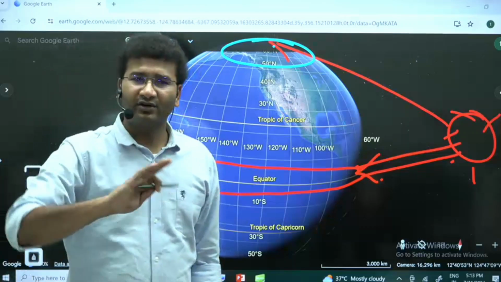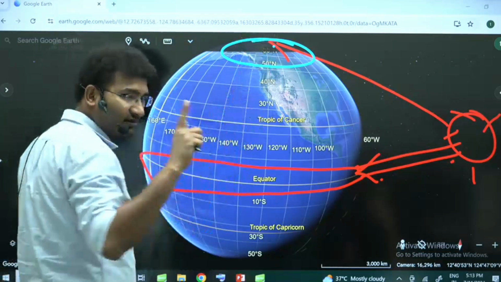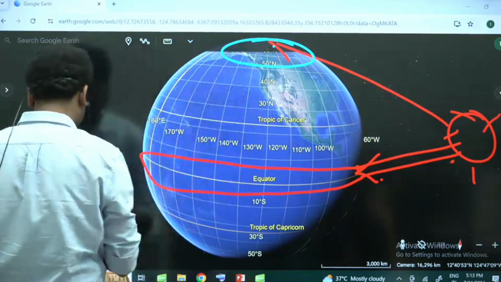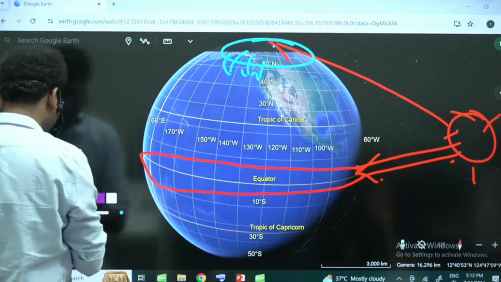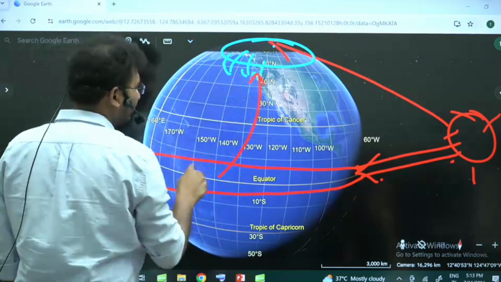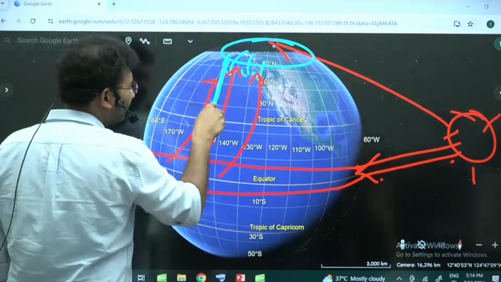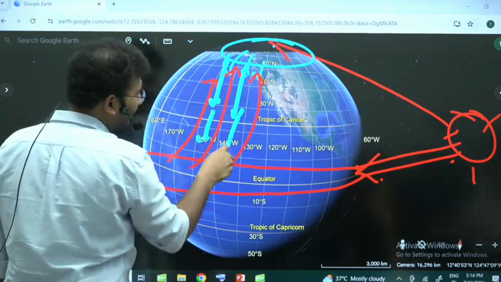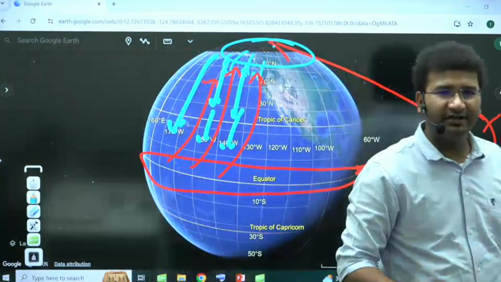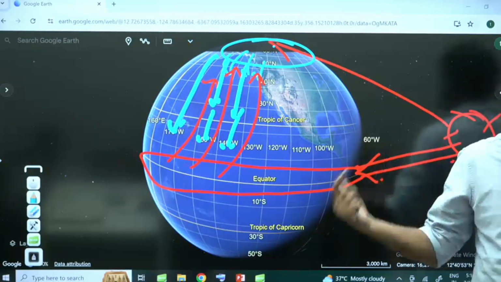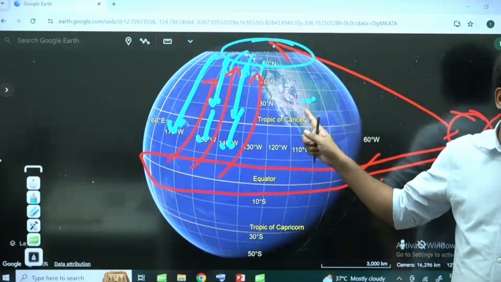That's why the water always tries to sink, remember this, it tries to sink at the polar region, and this water tries to move towards the equator. Right? In general, I am talking in general, but in reality, while this water is trying to move from the polar region to the equator, and from the equator to the polar region, it experiences different kinds of difficulties. Those difficulties we call by the name of a factor: unequal distribution of the land.